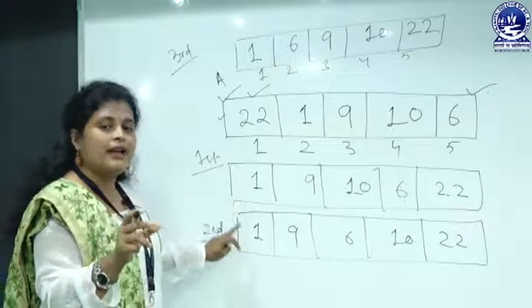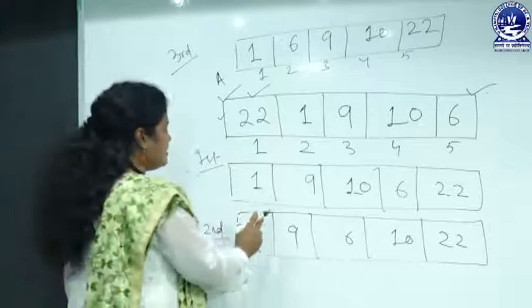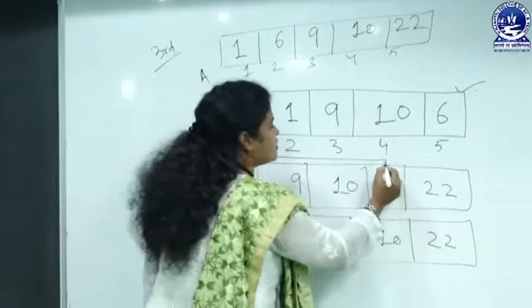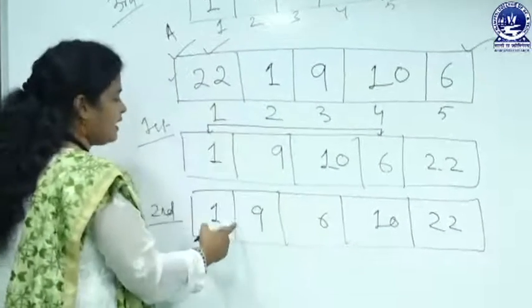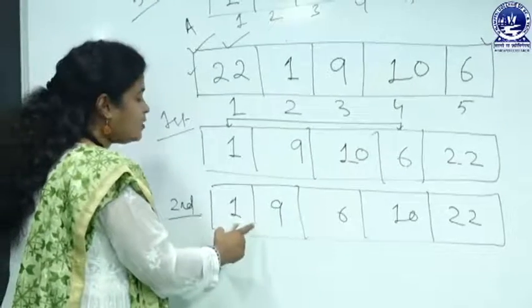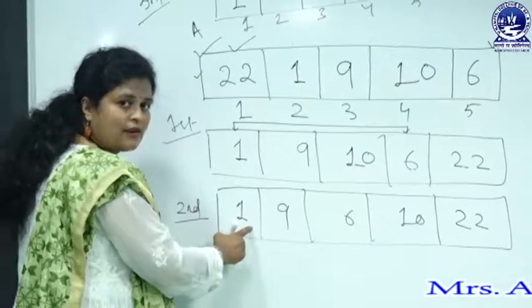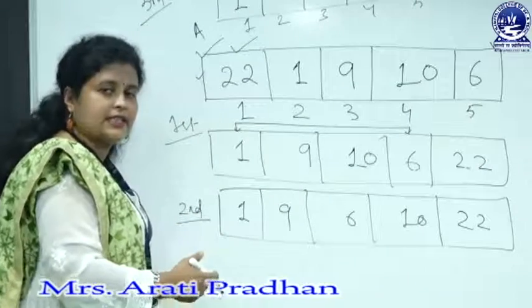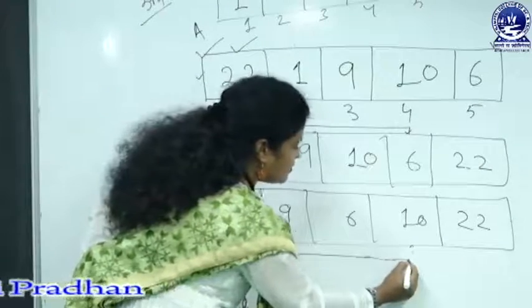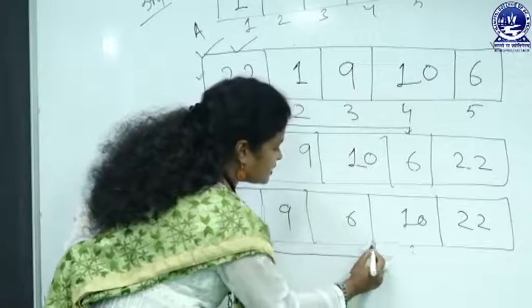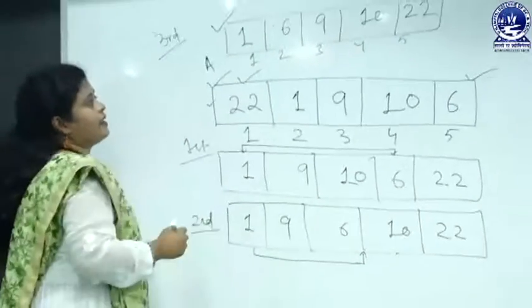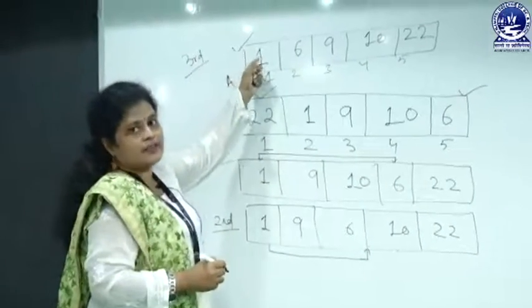In this way, at each iteration we are moving from this location to this location and we get this one, and when we have got this one and again perform the swapping operation, the sorting operation, at that time we are moving from this location to this location, and we get this list, and this list is already sorted.